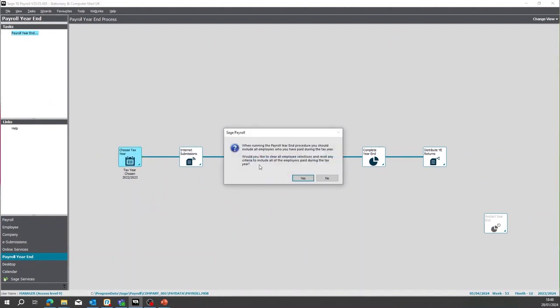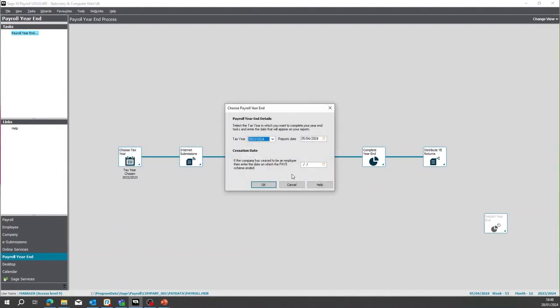At this point, you'll get a warning asking you to clear any criteria and include all employees. Press Yes to this. On this screen, check that your tax year is set to 2023-2024 and your report date is set to the 5th of April 2024. Then press OK